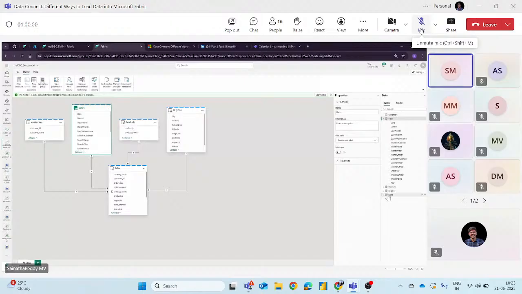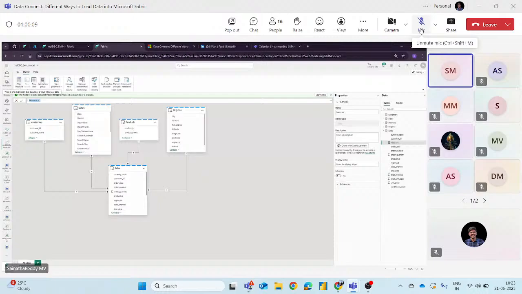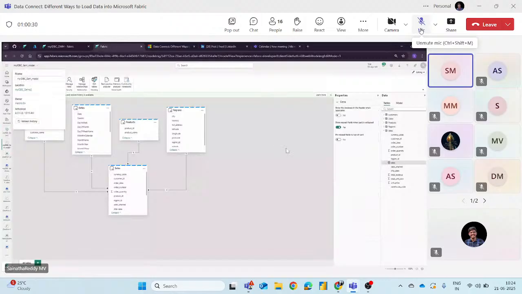In Power BI Desktop it is very easy to move everything, but this is still evolving, guys. But I just want to show you how I can create a DAX measure in Power BI. Sum of revenue, total revenue. It will create a DAX measure in the sales table. Now I have completed building my semantic model. It is completed.